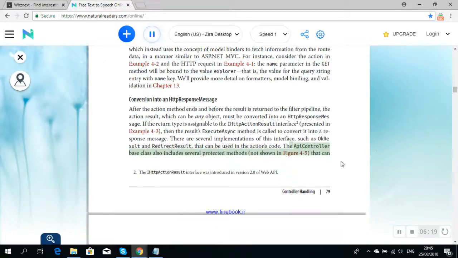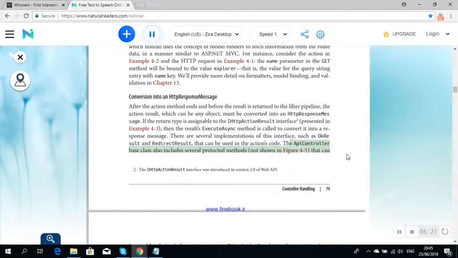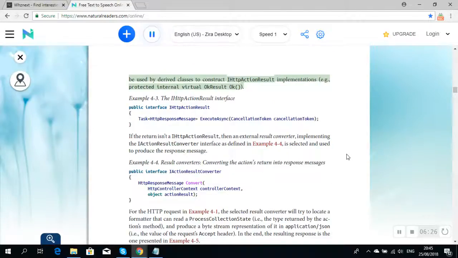The API controller base class also includes several protected methods, not shown in Figure 4-5, that can be used by derived classes to construct action result implementations, e.g., protected internal virtual OkResult Ok. Example 4-3. Action result interface: public interface IHttpActionResult { Task Execute Async(CancellationToken)